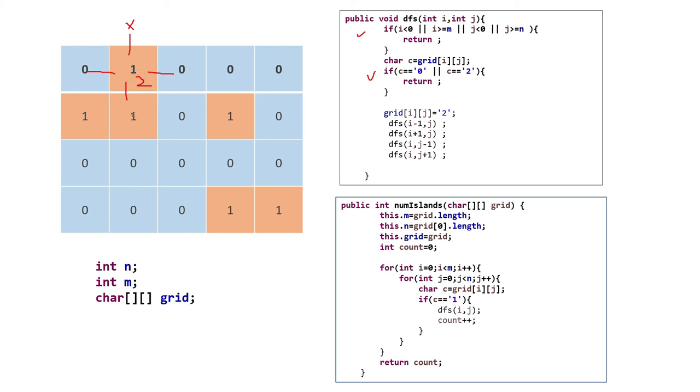From here also, when the call goes in 4 directions, this side and this side it can't go because of this condition, and this side it can't go again because of the character equal to 2 condition, because we already visited that side. Only this side we are allowed to go. From here this side we can't go because our j is less than 0.